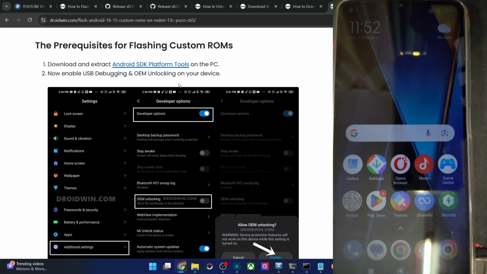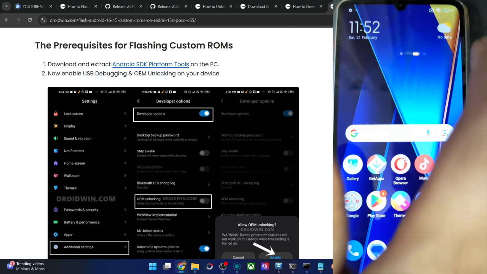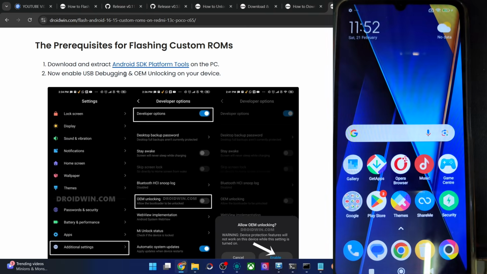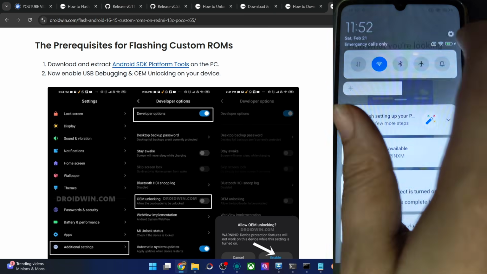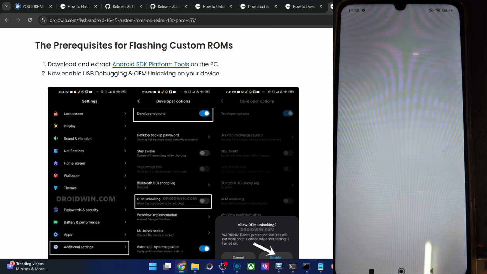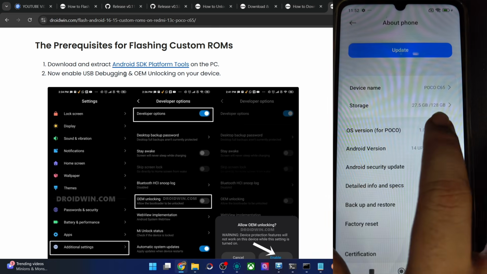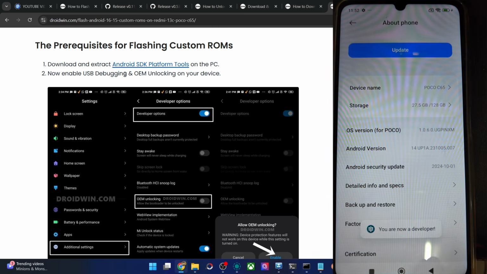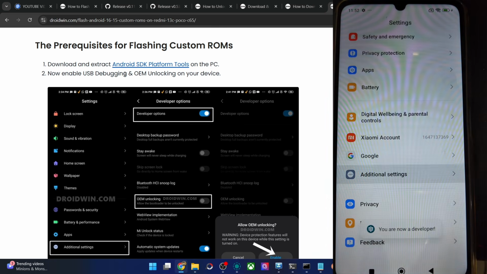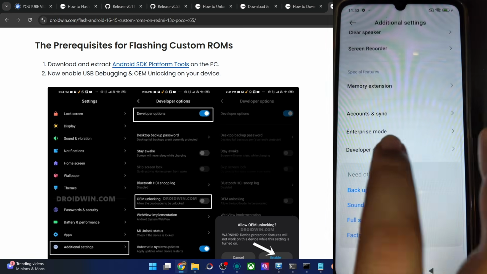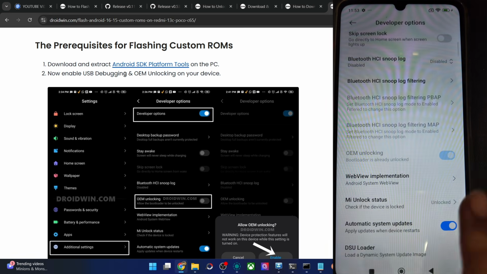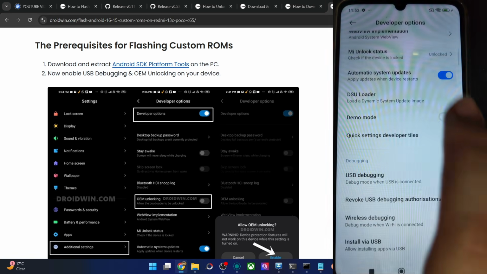Once that is done, now enable USB debugging and OEM unlocking. OEM unlocking is required to unlock the phone, and USB debugging is required for ADB commands. So let's now enable both toggles. For that, go to Settings, then About phone, and tap on OS version 7 times. Once that is done, go back, go to Additional settings, then go to Developer options and enable the toggle next to OEM unlocking as well as USB